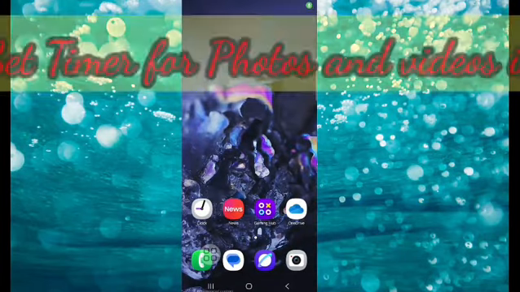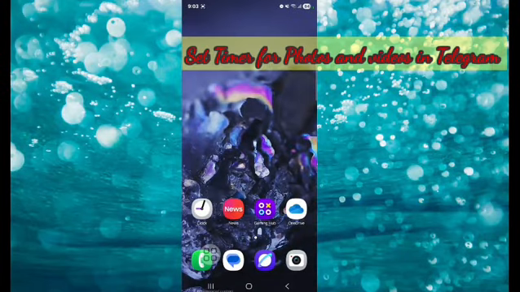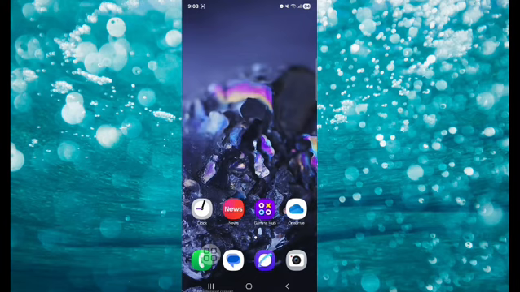Hello everyone, in this video I am going to show you how to fix set timer for photos and videos in Telegram. Be sure to watch the video to the very end so you do not make any mistakes,